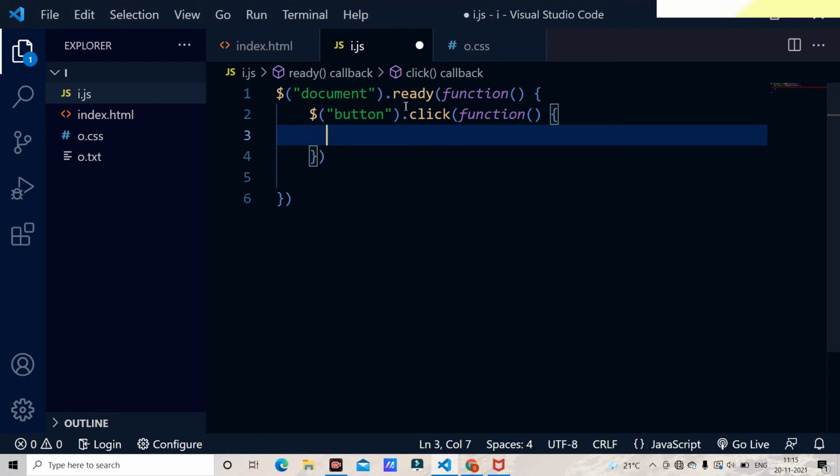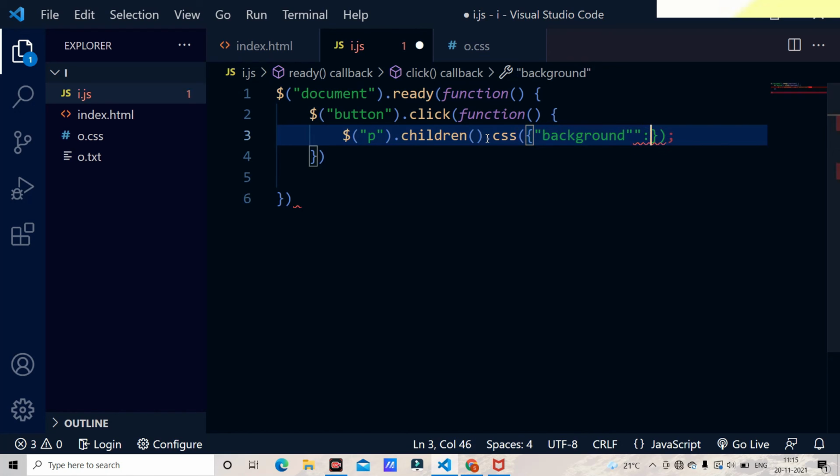For example, here I am going to select the p, and add children, and under children I am going to add the CSS. If I am able to find the children, just add the background color of that child as the red color.